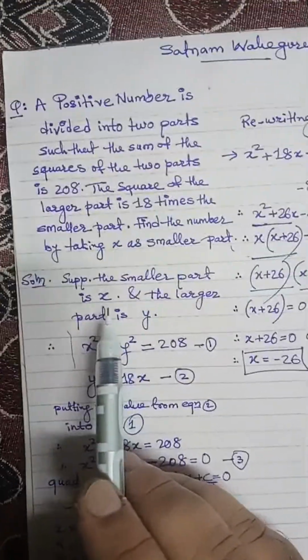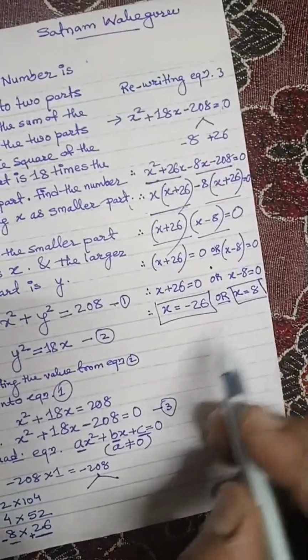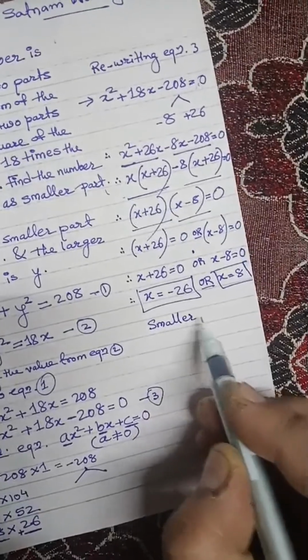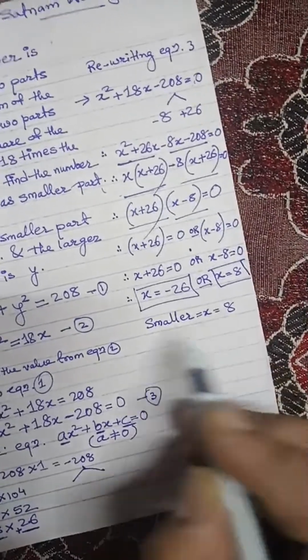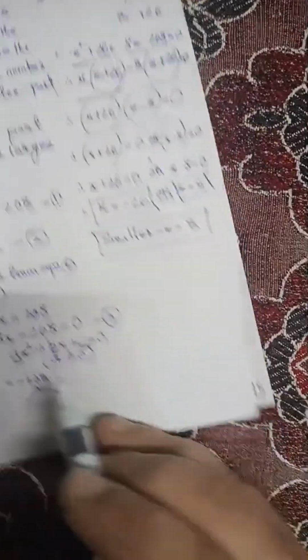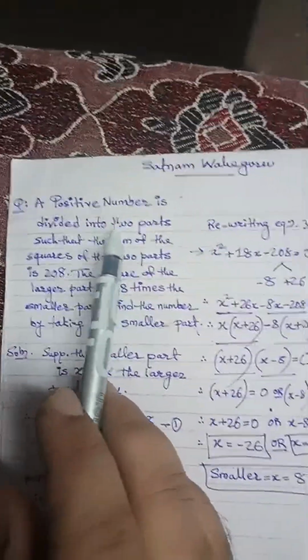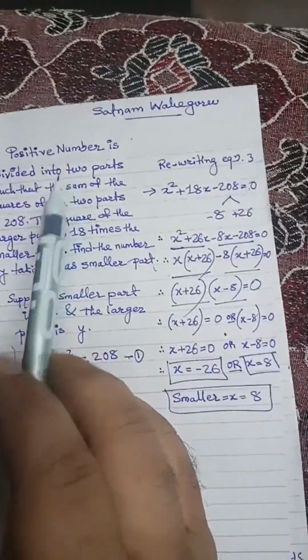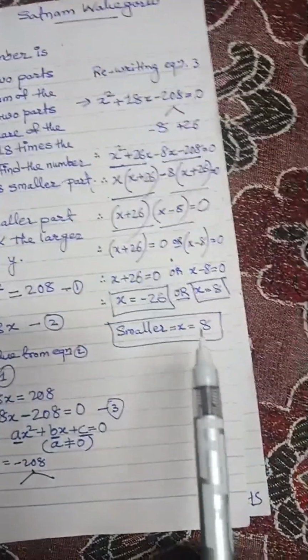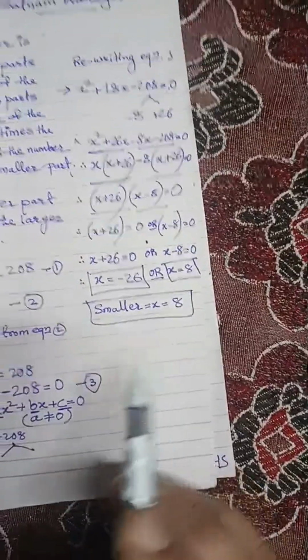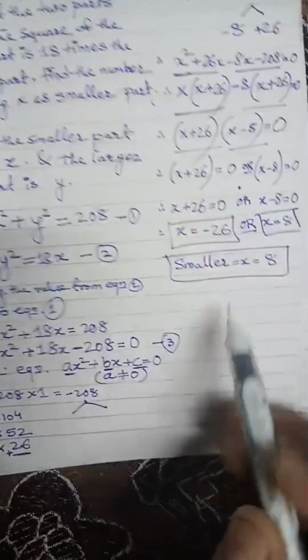So what is x? X is the smaller part. If x is the smaller part, then smaller part is x, which is equals to 8. And also it can be minus 26, but here you have been said that the number is positive number. So we'll take only positive answer. Now if x is equal to 8,